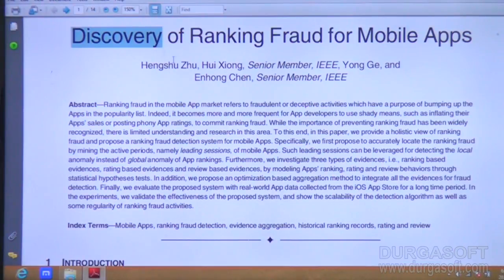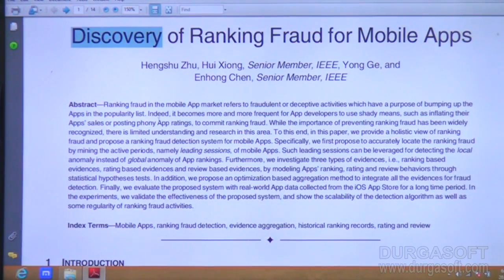First of all, we have to discover how the people are going for the fraud, and then we have to maintain and track how they are doing it, and even avoid the frauds. That is the main theme of this project, the discovery of ranking fraud for mobile applications.